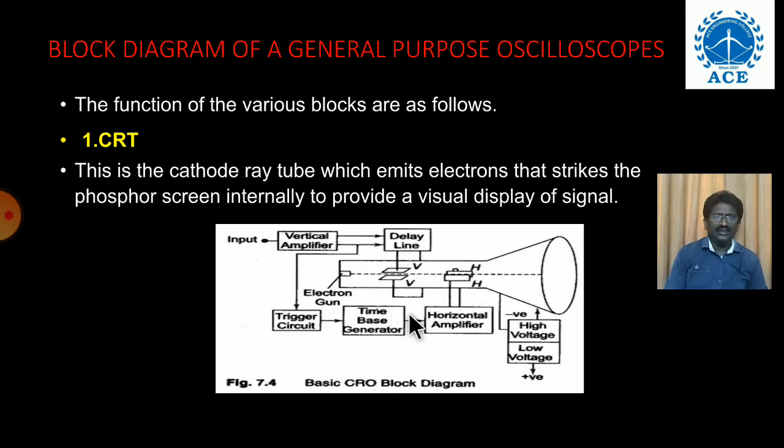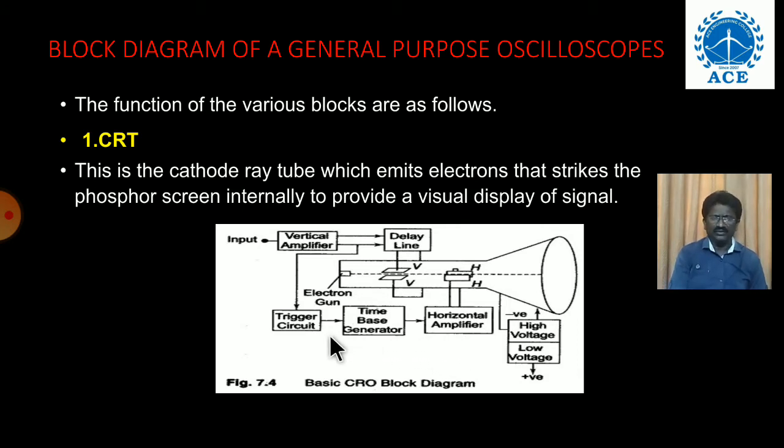So actually with the help of the horizontal amplifier, you can amplify the output of the time base generator. The output of the time base generator you can observe in the form of a sawtooth wave. This signal you have to provide to the horizontal deflection plates of the CRT. So next one,